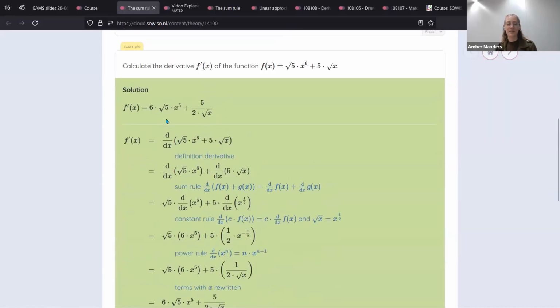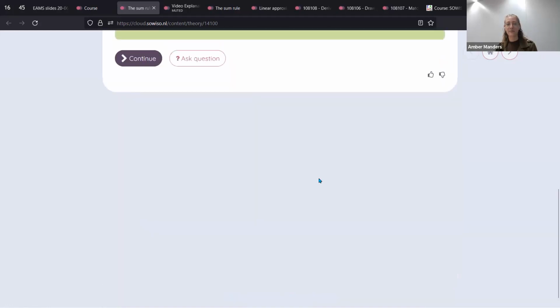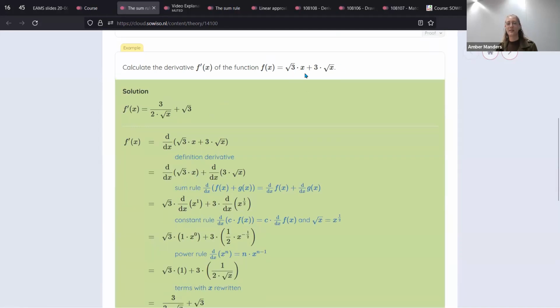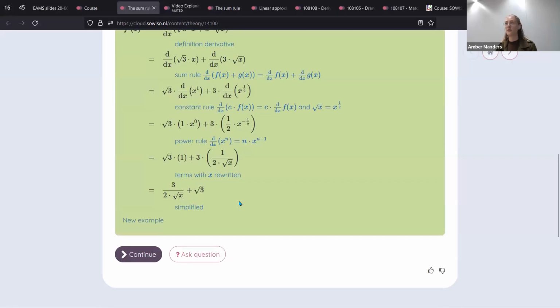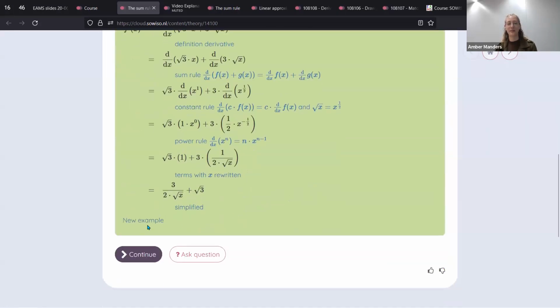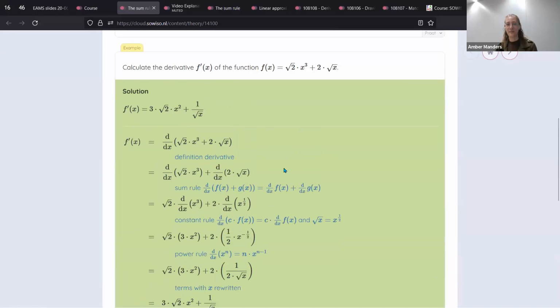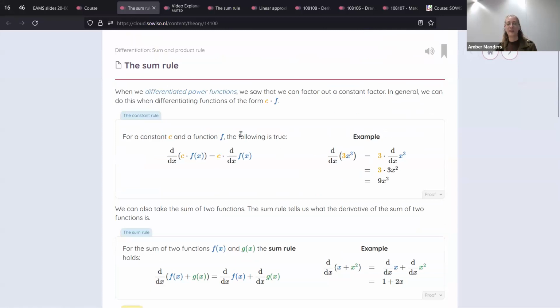The nice thing about this is that they're also randomized. If you look here, we have the square root of 5 times x to the power of 6. If we request a new example, you see that the numbers actually changed. So now they get a new exercise with a new fully worked out solution. They can request as many examples as they like. They will be different every time. Show another one. This is a nice way for them to practice.